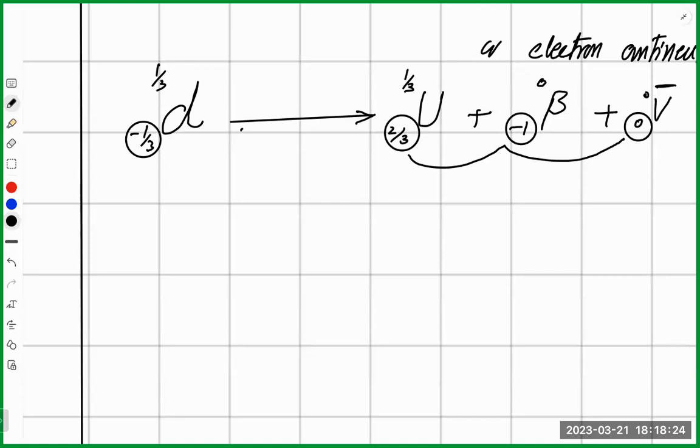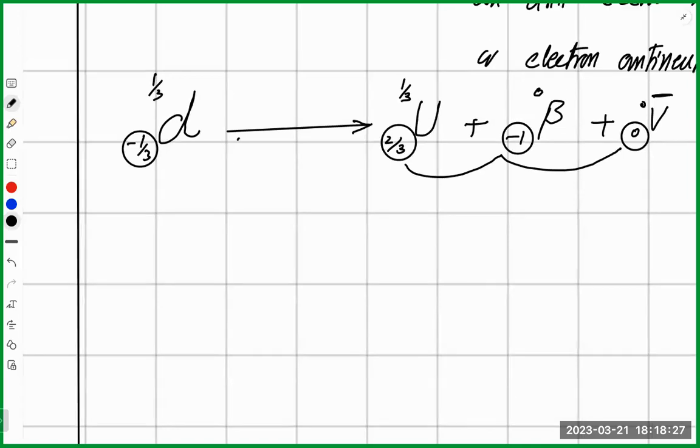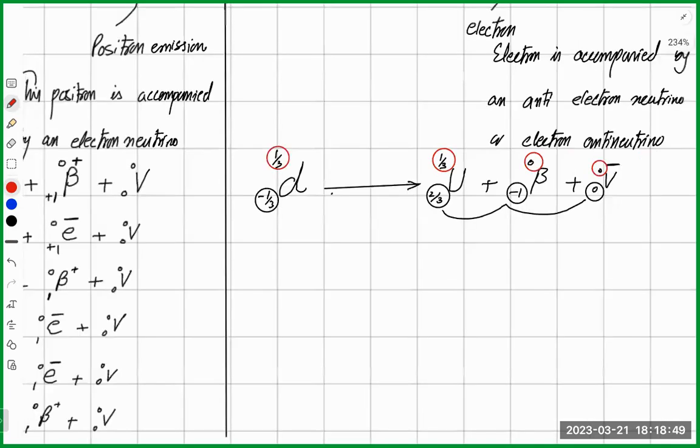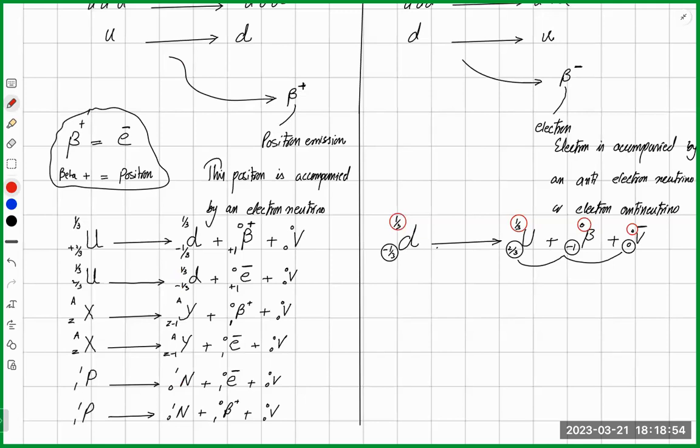So this is one of the checks to see if you have done everything right or not. Same goes with masses. The total of masses on the right hand side and left hand side should be the same. So anyone, write the same equation in all the versions as we did for the positron emission. Okay, complete these 5 equations and share the pictures on WhatsApp.